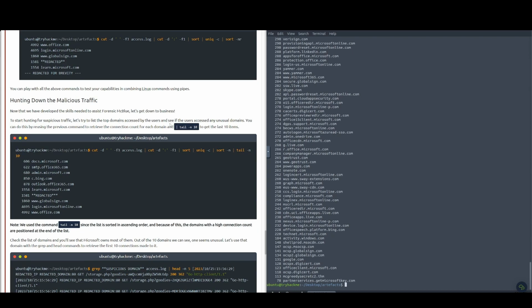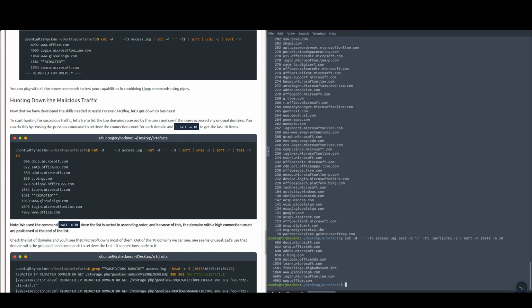The idea here would be to verify what the users are accessing, what are the unusual domains that the users are accessing. So we can reuse the same one for each domain, but instead of using head, we are going to use tail. The idea is then to get a tail of 10, and it gives us